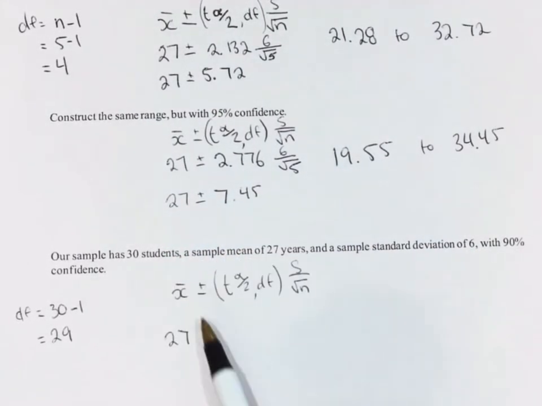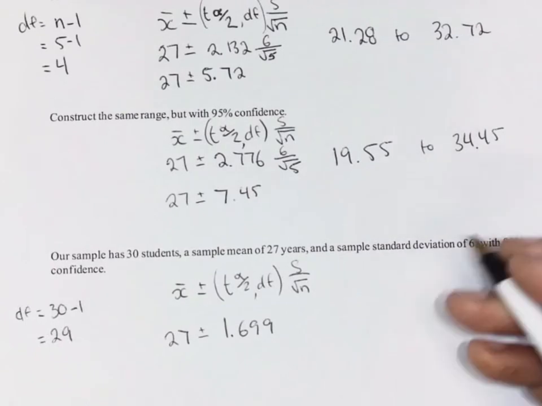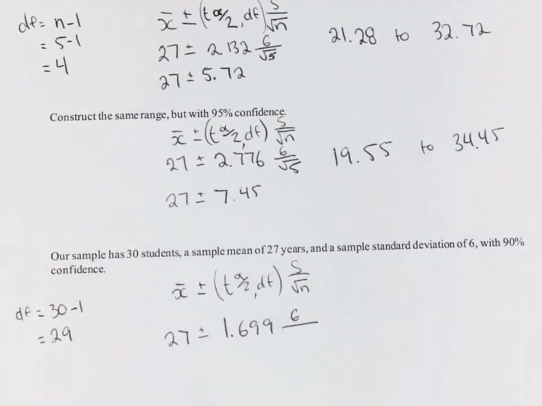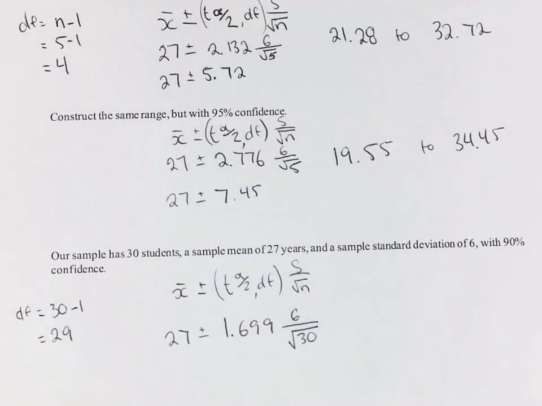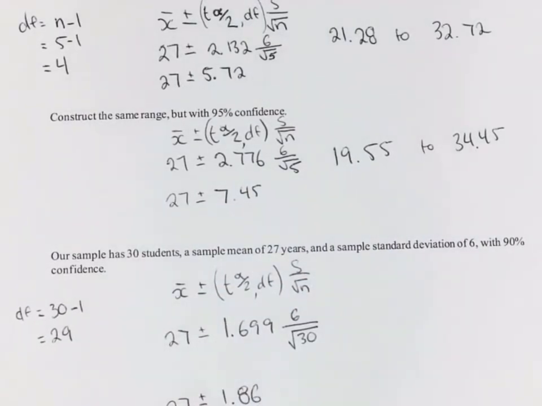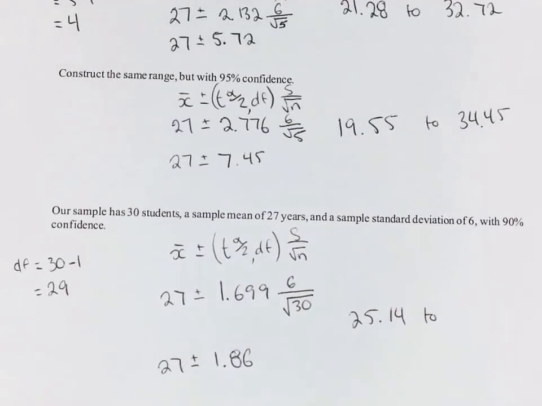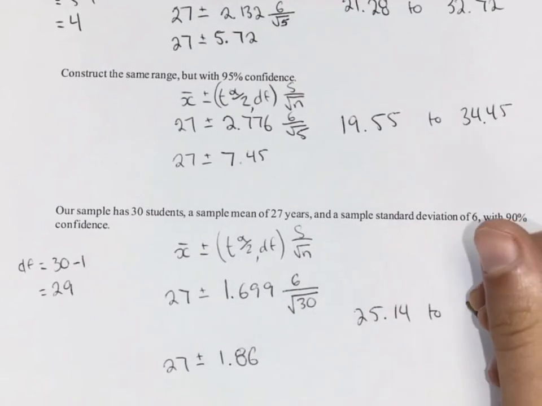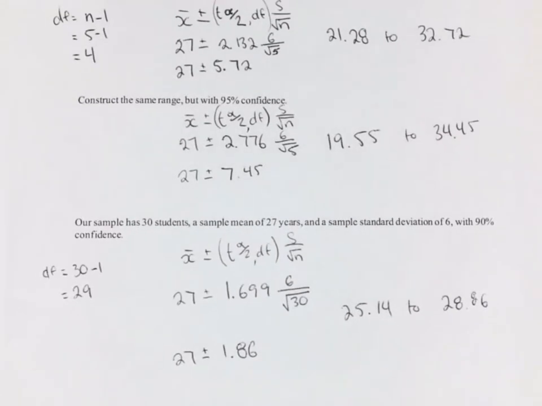So a mean of 27 plus minus 1.699, a sample standard deviation of 6, and a sample size of 30. What we get is a mean of 27 plus minus 1.86. Our range is now 25.14 to 28.86. So we have the same confidence level as we did originally, but the difference is that we now have